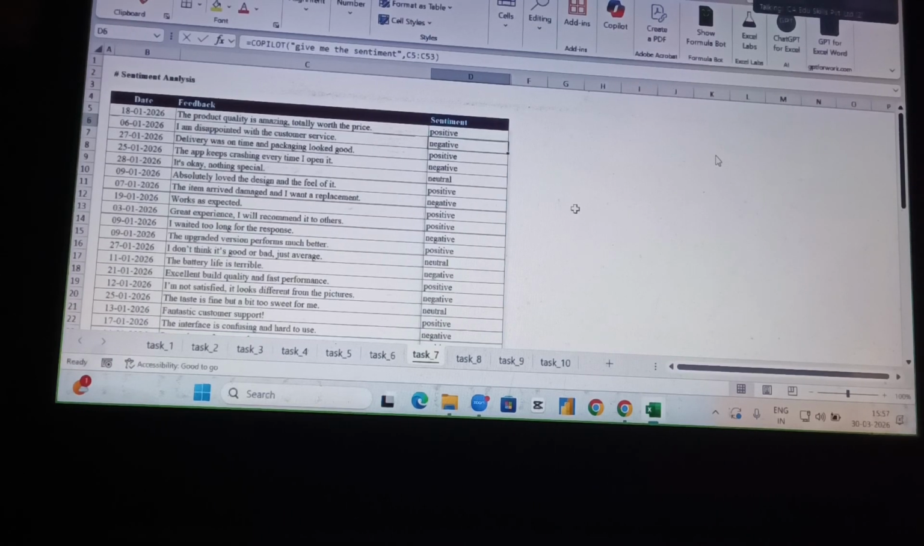Within a second, Excel Copilot gives me the feedback. So look at the first one, read the sentence: the product quality is amazing. Totally positive feedback. Second one: I am disappointed with the customer service. This is negative. Neutral,